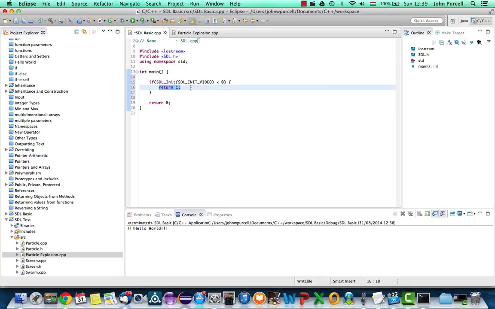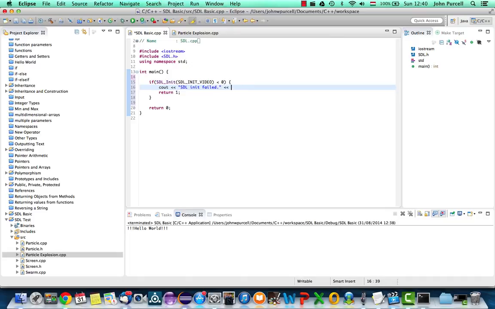That's a good thing to do, because usually you return 0 to indicate success for a C++ program, and anything else is considered an error code. But we're going to be running this program by hand anyway. It's not like we'll have some system that will run this program and check its error return code. So let's put in here cout SDL init failed